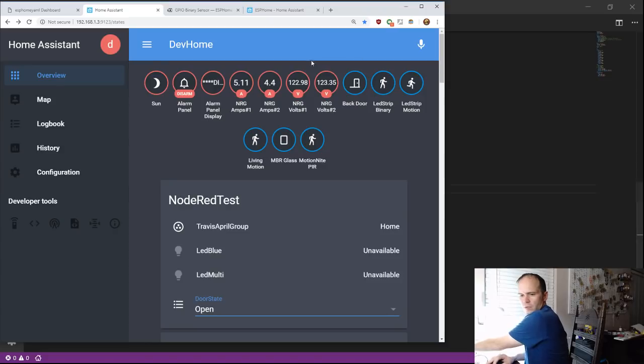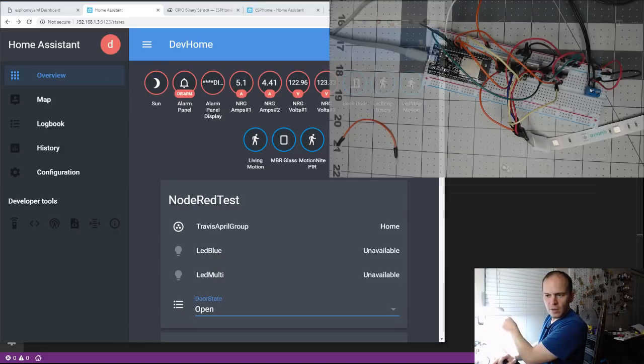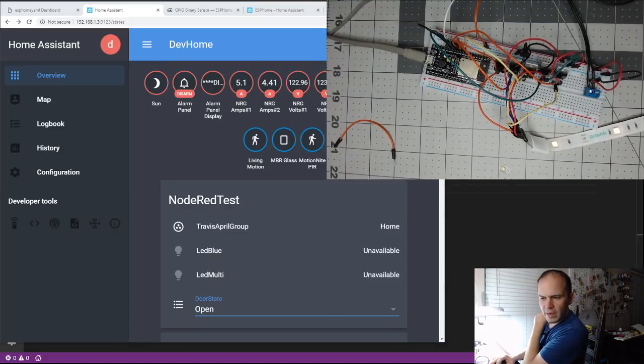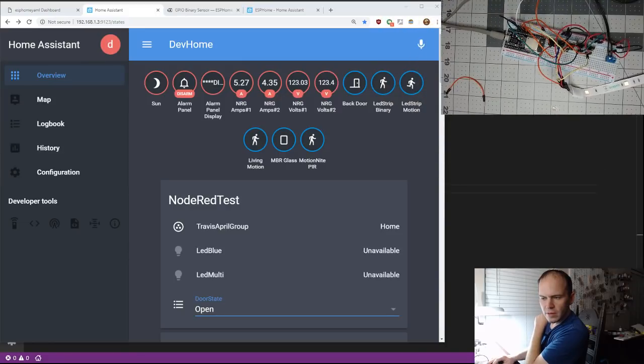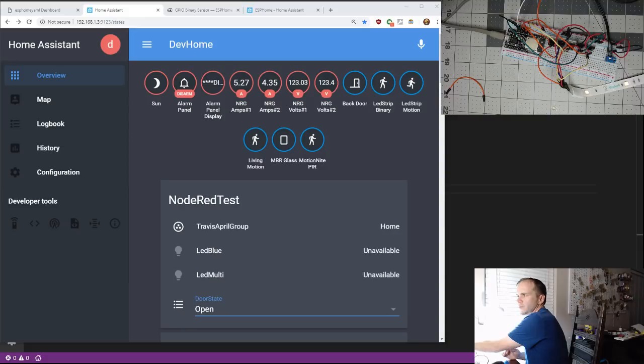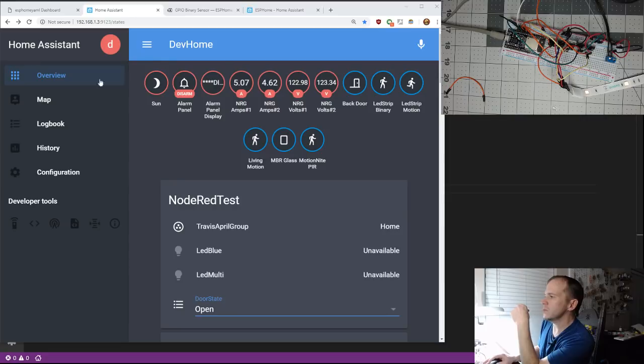Let me pull this camera back in a little bit so you can see. So this is just a little push button, and it's kind of cool because you just go ahead and throw stuff in here. We haven't even edited anything in MQTT, so the discovery works pretty well on this.